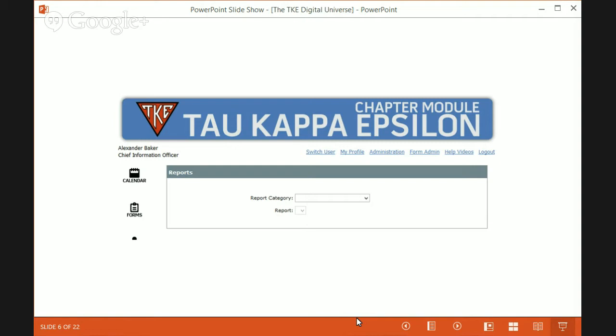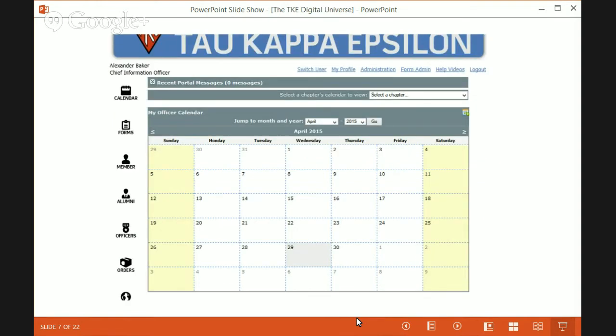The next feature I'd like to talk about is our calendar. The calendar is, again, a very underutilized piece of the chapter module. The idea behind this is to have one central location where chapters can put any kind of dates, blueprint sessions that you are having, where you're having a finance person come in, or someone to teach the chapter how to change the oil in their car, to recruitment events, to fall finals or spring break, or a lot of different kind of chapter activities and big dates that chapters should know.